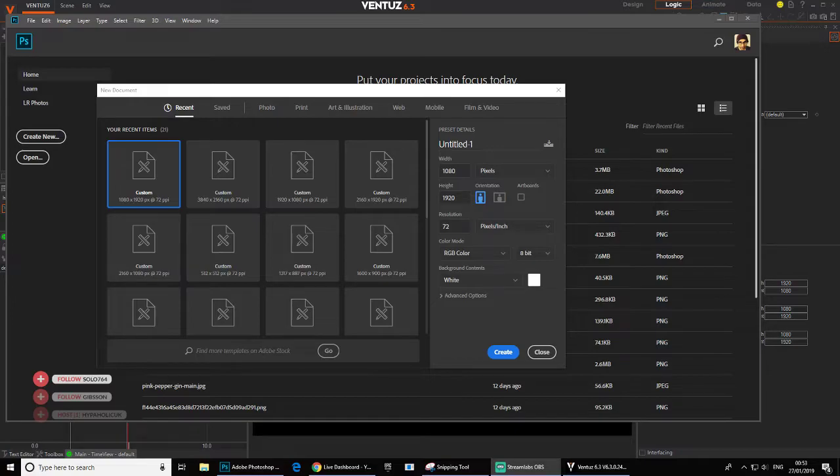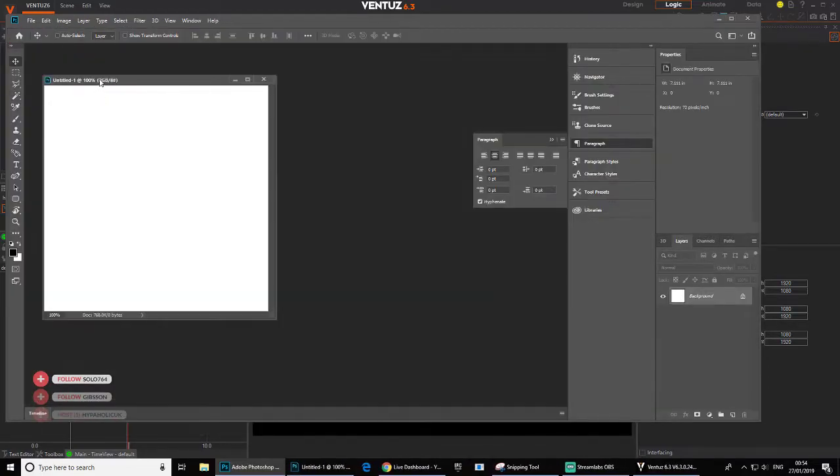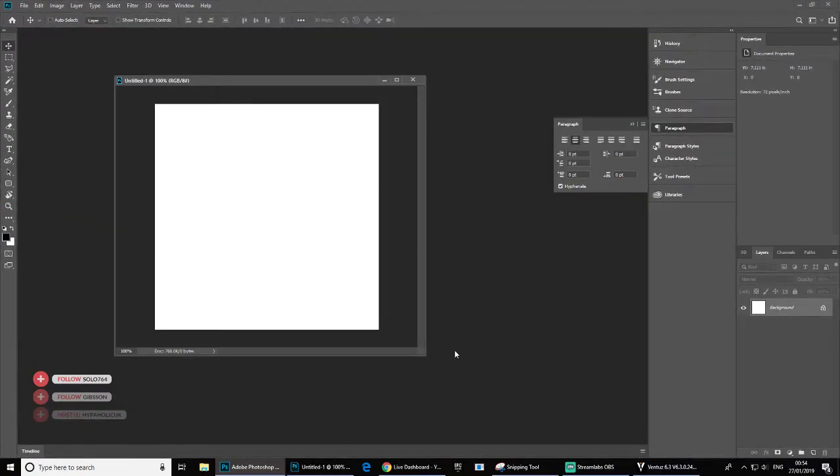Okay, so I'm gonna make a little animated graphic, and I'm gonna write the elements using Photoshop and bits in Ventuz. I'll try to keep it short. So I'm gonna start off in Photoshop. I'm just gonna do a 512 by 512 canvas to work with. So I'm just gonna create little assets, textures I can use